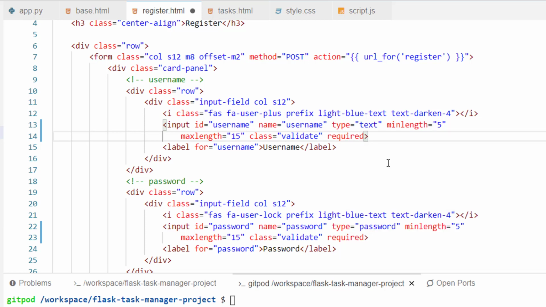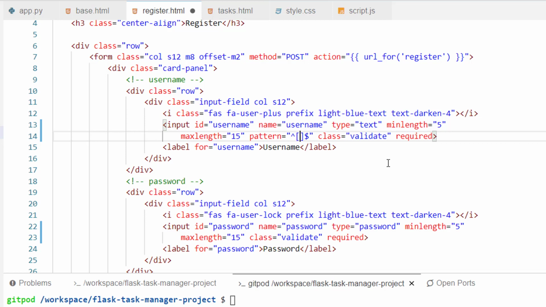However, let's take it one step further to help with our defensive programming. HTML inputs have a property called pattern, which allows us to use something called regular expressions, sometimes referred to as regex. Regex can be quite complex and slightly vary from language to language, but it doesn't need to be difficult. The caret tells our pattern that it's the start of a string. The dollar tells our pattern that it's the end of a string.